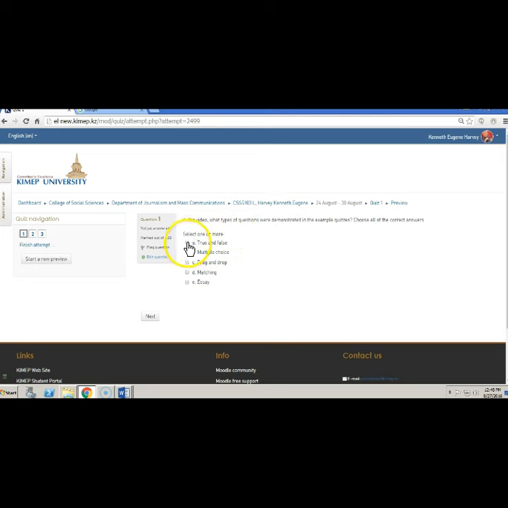Okay, so you can choose more than one. You can choose whatever you want, and maybe there's only one that wasn't used. So this allows you to choose more than one. I thought I put that in there, but I guess I didn't. Oh yeah, it says choose all. So you choose all of them that were demonstrated, and I'm not going to go ahead and hit next. But if I were doing this myself, I'd hit next, and it would then take me to the next question.